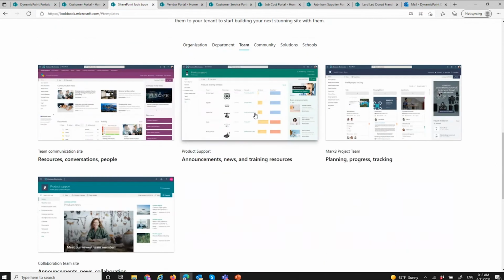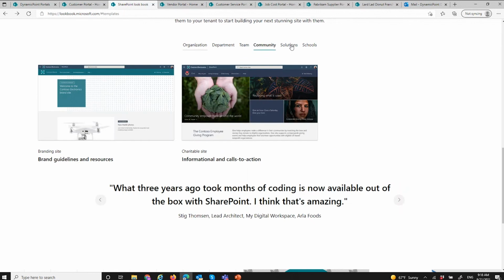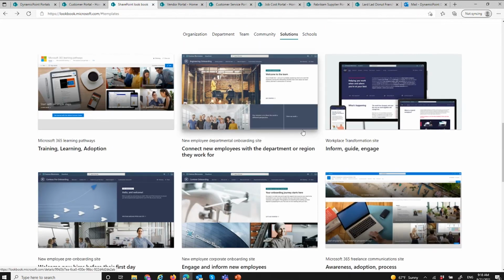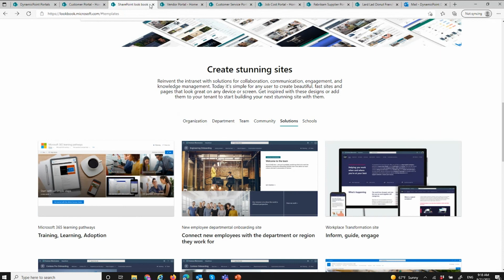And you could look at these templates, and any of them you can say, hey, that looks good, and then click on it and then download that right to your tenant. So if you don't like the look and feel of my sites, like I said, I'm not the least bit offended. You could look at Microsoft's examples, and maybe one of these would be better suited to your company branding, or just to your personal preference or whatever, and you could start with those.